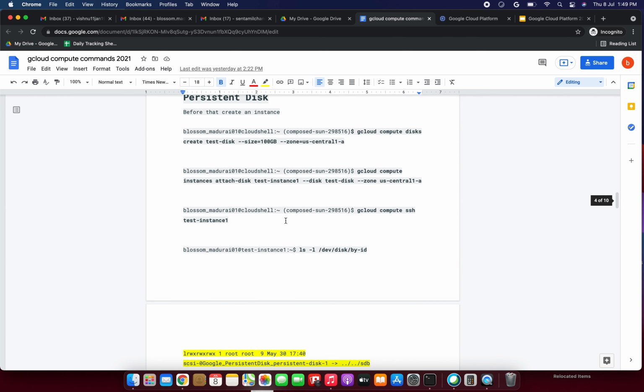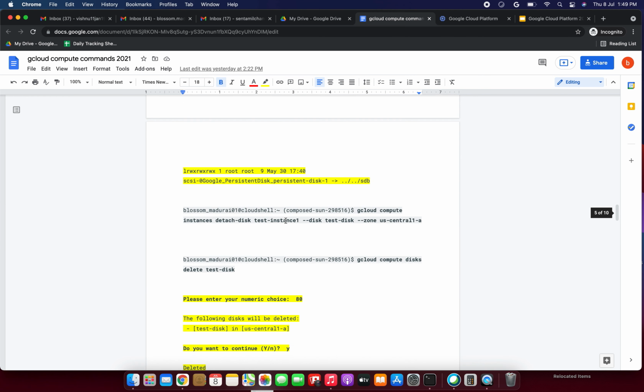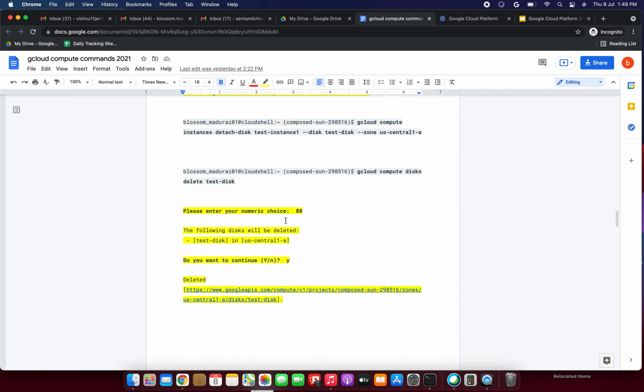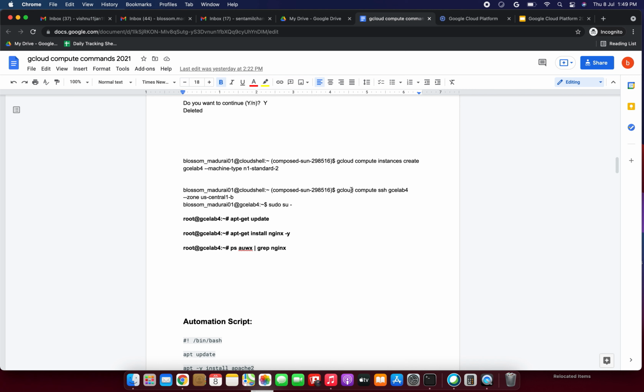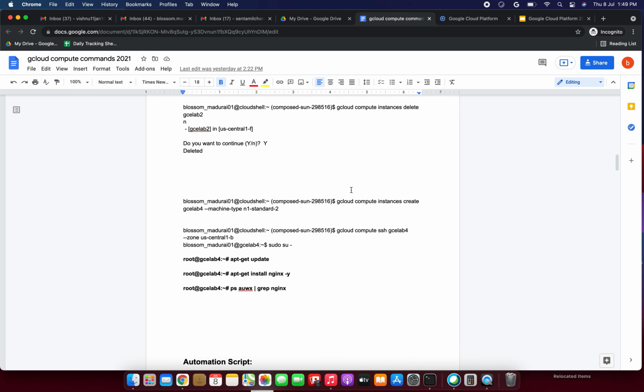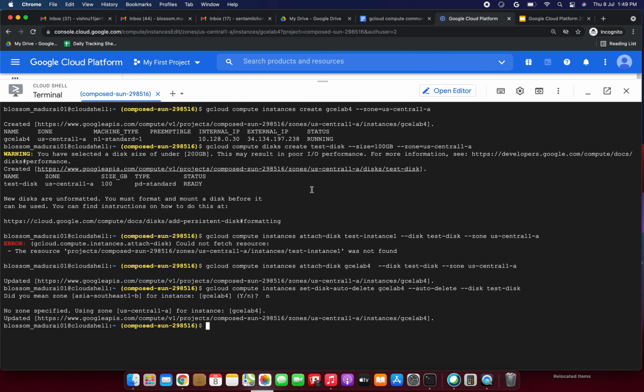That's what we have given, those commands. By using those commands, it will perform the task right now. Now we are going to delete that VM, that virtual machine, the compute engine. For deleting gcloud compute instances, instead of create we need to put delete. That's it: gcloud compute instances delete instance-name.